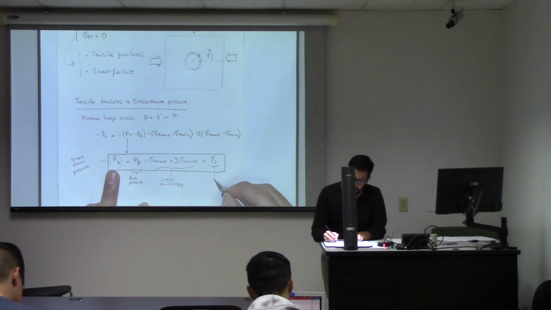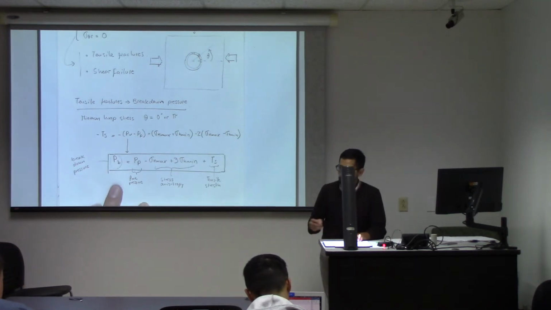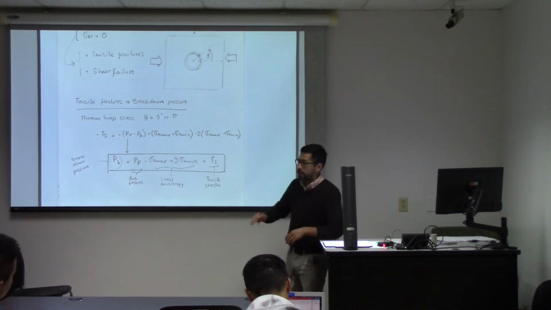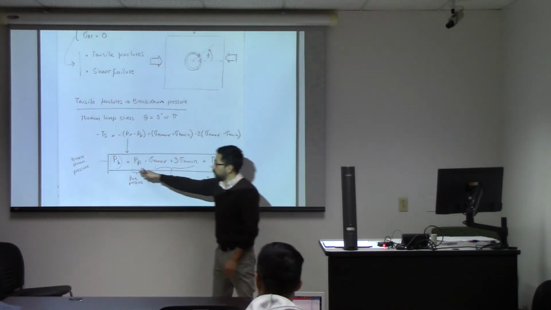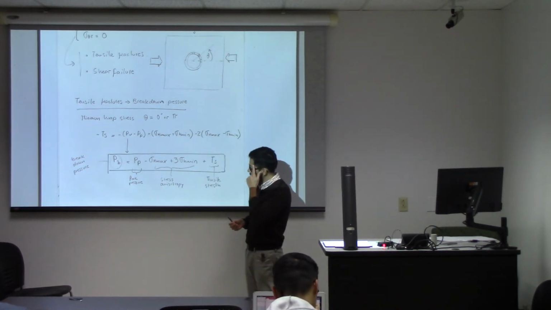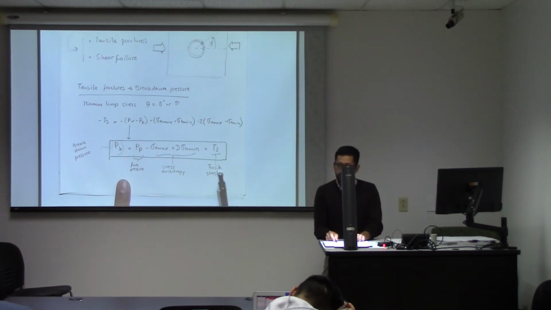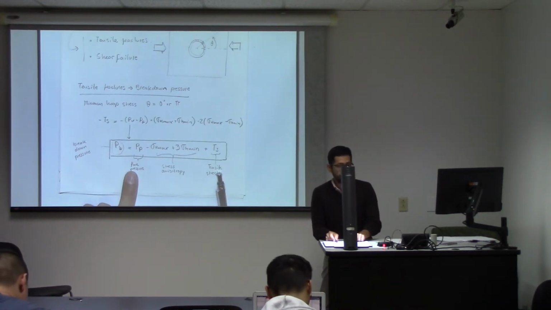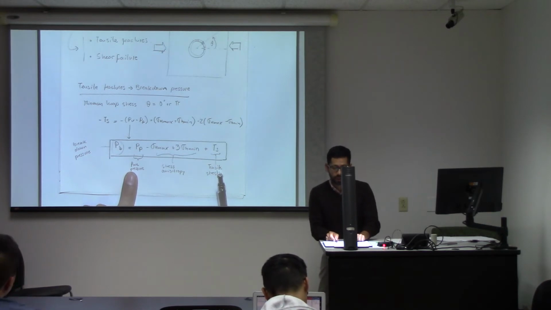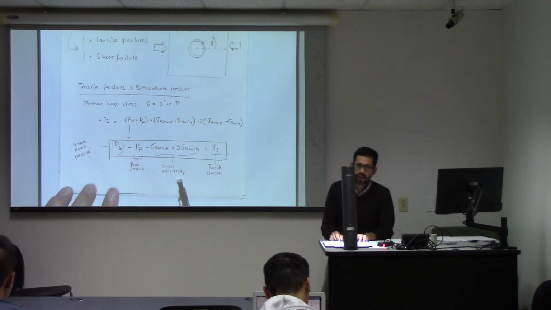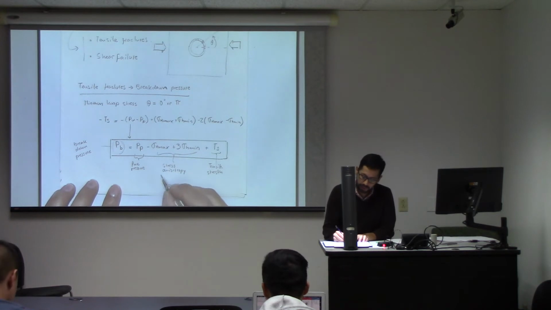And last, and it makes a lot of sense, it depends on tensile strength of the rock. So the stronger the rock, the higher you can go in pressure in the wellbore without causing a tensile fracture. So this one makes lots of sense. It's very intuitive, and this one it's very intuitive too. What about stress anisotropy? Say, for example, that